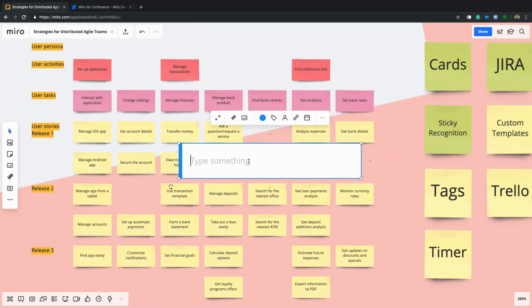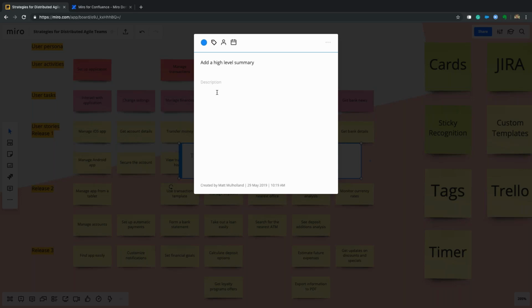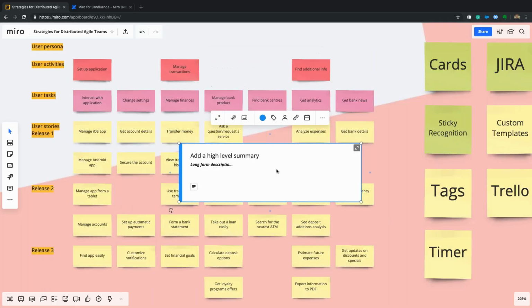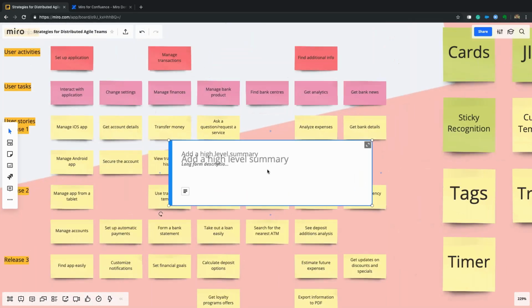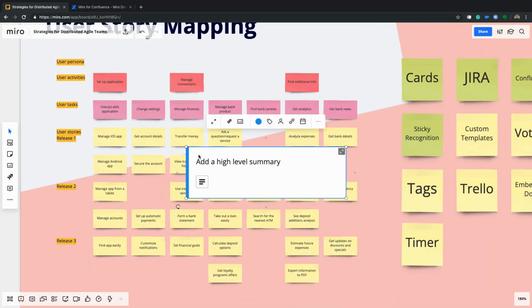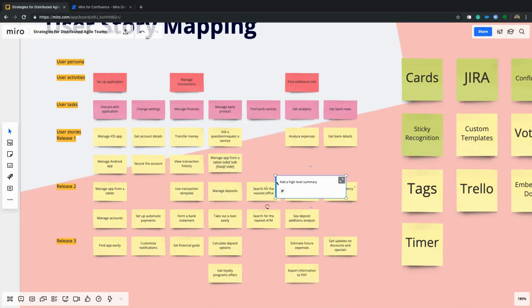It's a relatively new object. It has a lot more flexibility than the sticky notes. So we can add a high level summary. And then behind the summary, there's actually a second layer in which we can add a long form description. And if I highlight this, I can bold, underline, italicize it. I can even do bullet points, some more keyboard smashing. And you can see that it's just a little bit more flexible, able to add more information into a single